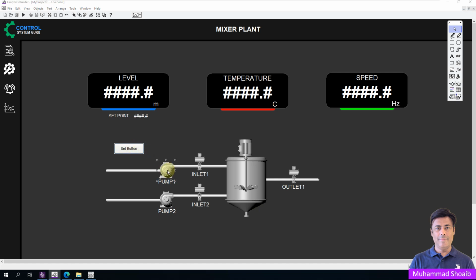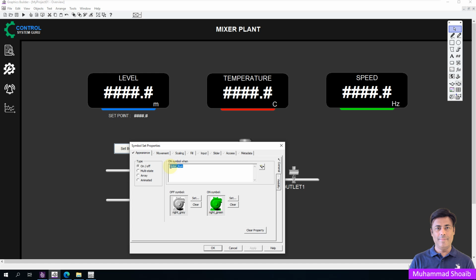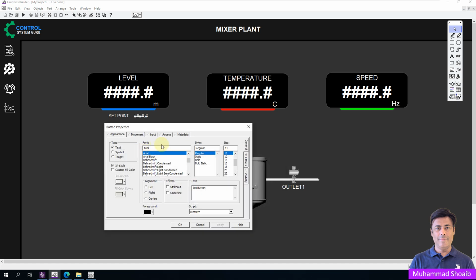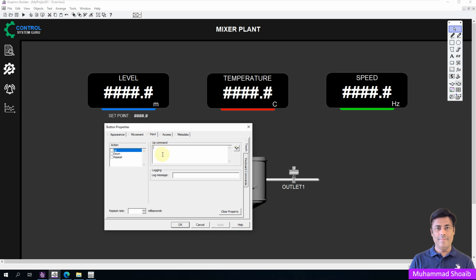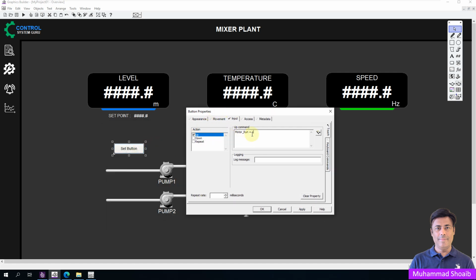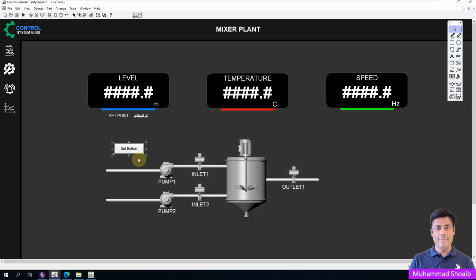Okay, now I will take the variable through which we are showing the motor run status. Same variable I will use just for the demonstration purpose, and I will write the value 1. So it means once I press the button, it will write 1 value, and I will just copy and paste the same button,